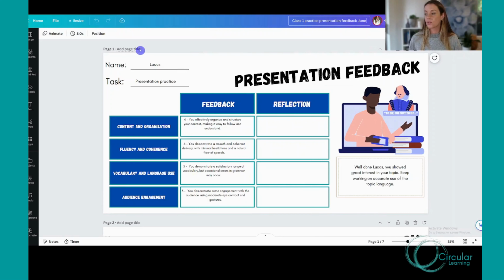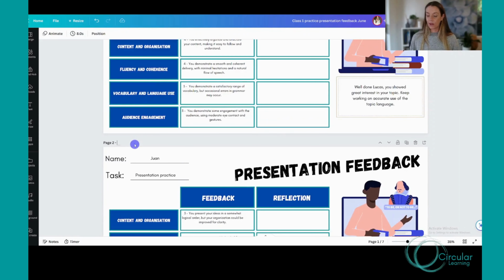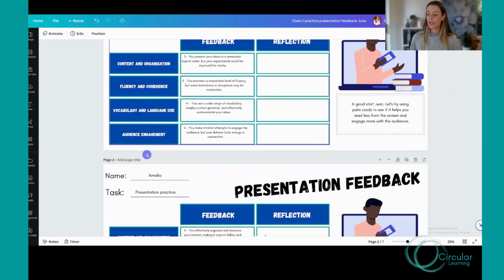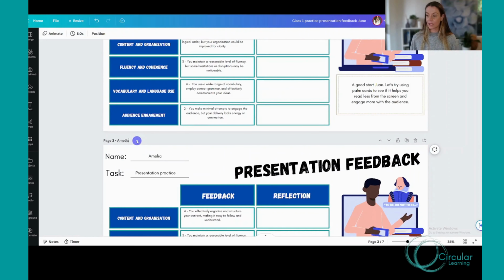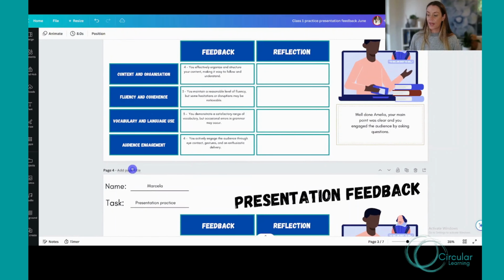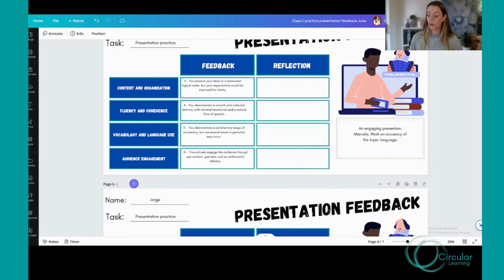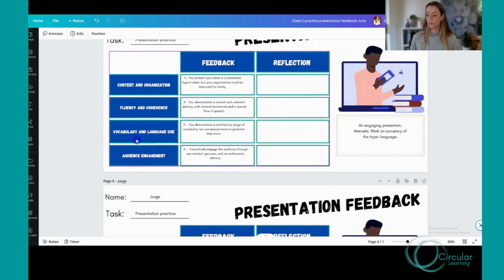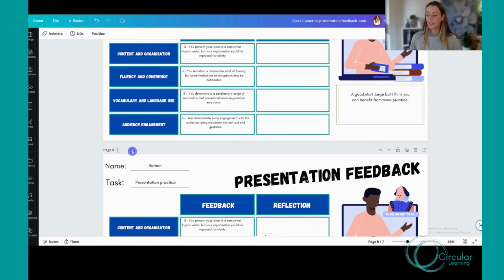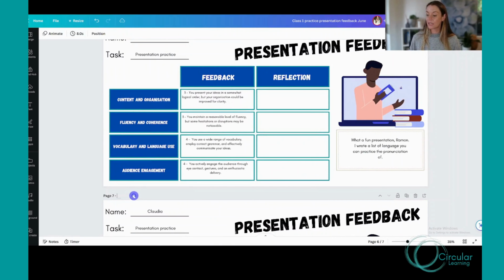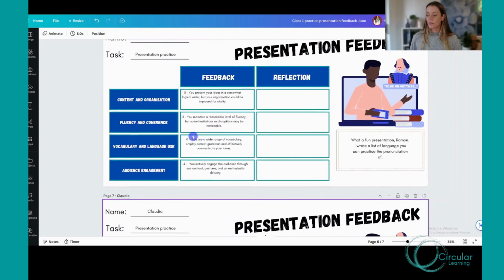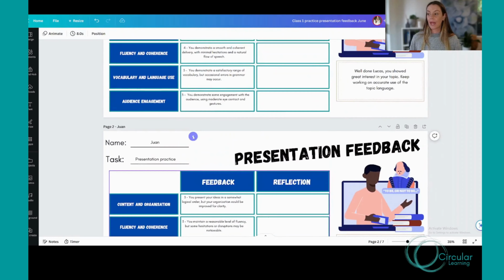And I'm going to also add the name of each student at the top here for each page, because I'm going to download each of these pages. And if I don't change the name of each page, it's going to download as a number, and then I'm going to have to go through and open each one to see who it belongs to, which, you know, with 7 students, that's not such a big deal, but when you have 20, it takes a bit of time. So I've done that. So I've labeled each page,